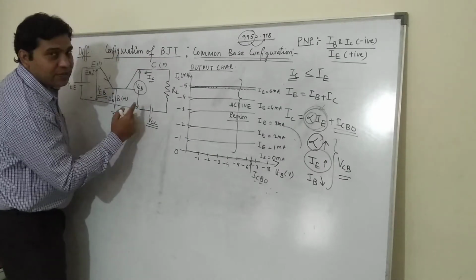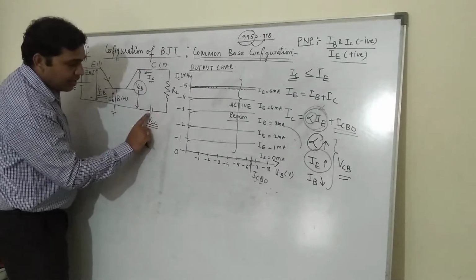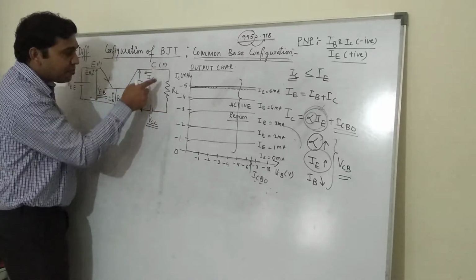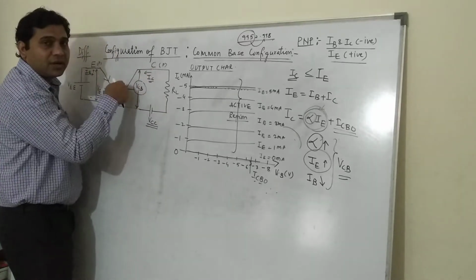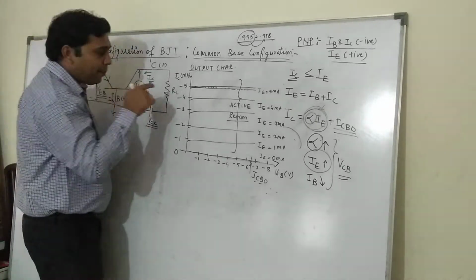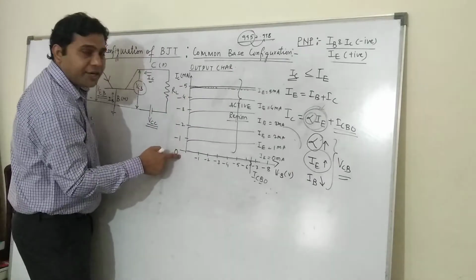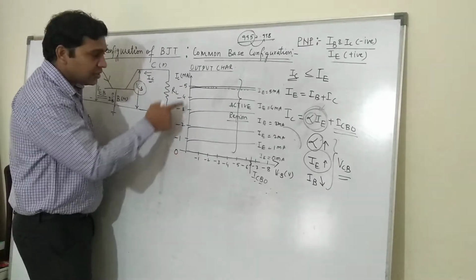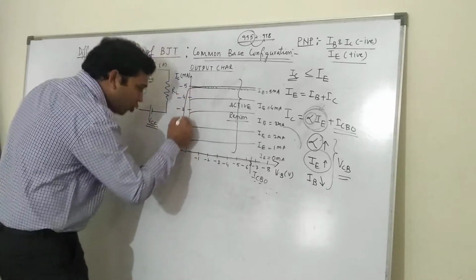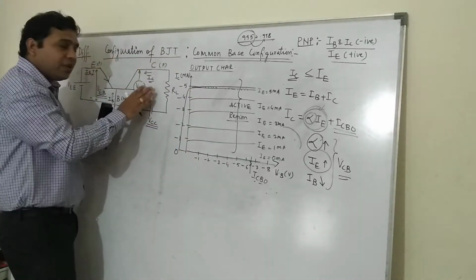We are now reversing the battery here, meaning we are connecting P to the positive. That means we are making this a forward bias. So this is already forward, and if we make it forward, what will happen? This current will drastically reduce. This current will immediately reduce to 0, almost exponentially, because now this will be a forward bias.